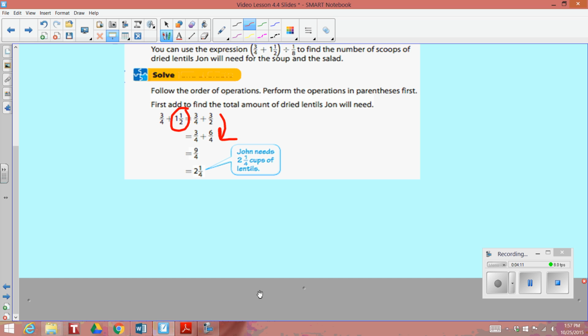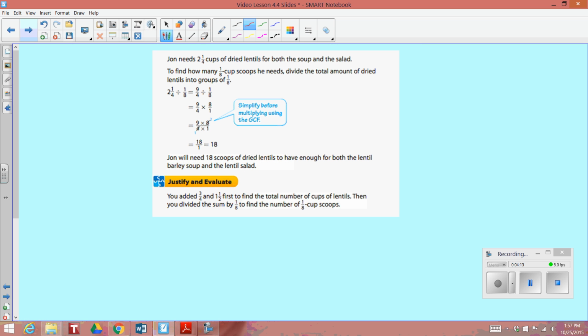We take that 2 and 1/4, and we are going to be dividing it by the 1/8 cup scoops, because we want to see how many scoops he needs. So take the 2 and 1/4 cup, and then divide it by 1/8. And when we divide fractions, we take the first fraction, 2 1/4, change it into 9/4, and then we divide it by 1/8. So it's 9/4 divided by 1/8. But we're going to use the opposite of division. We're going to use multiplication and the reciprocal of 1/8, which is 8/1,